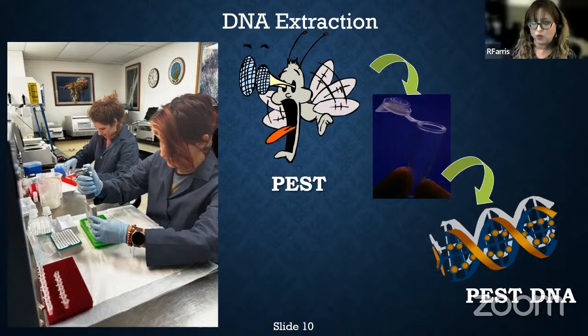There are some more steps that we need to do to get to the point where we get to DNA. And we use what are called DNA extraction kits at our lab. And it's basically a kit where you're applying different chemicals and reagents to the squished insect and taking it through a series of centrifuging steps, which is spinning and collecting reagent, maybe spinning again. And there's some filters in some of these tubes that's collecting things that are important. And sometimes you're getting rid of things you don't want. So there's a combination of these sorts of steps.